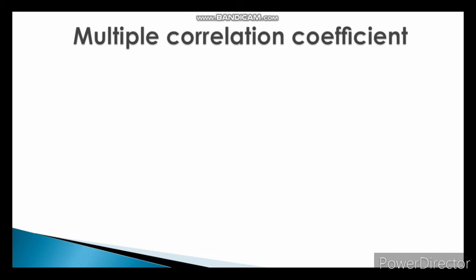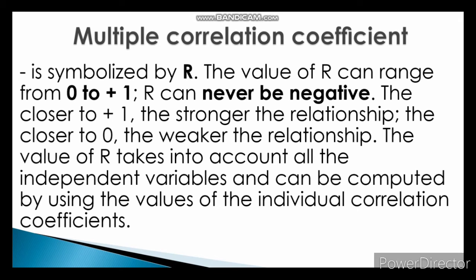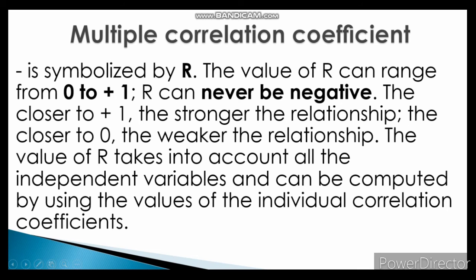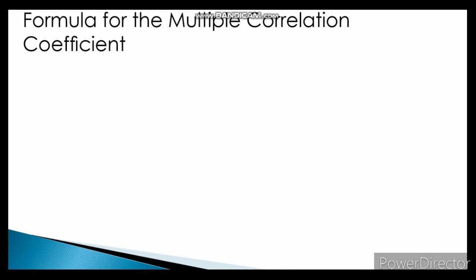Multiple correlation coefficient is symbolized by R. The value of R can range from 0 to positive 1. R can never be negative. The closer to positive 1, the stronger the relationship. The closer to 0, the weaker the relationship. The value of R takes into account all the independent variables and can be computed by using the values of the individual correlation coefficient. Formula for multiple correlation coefficient,